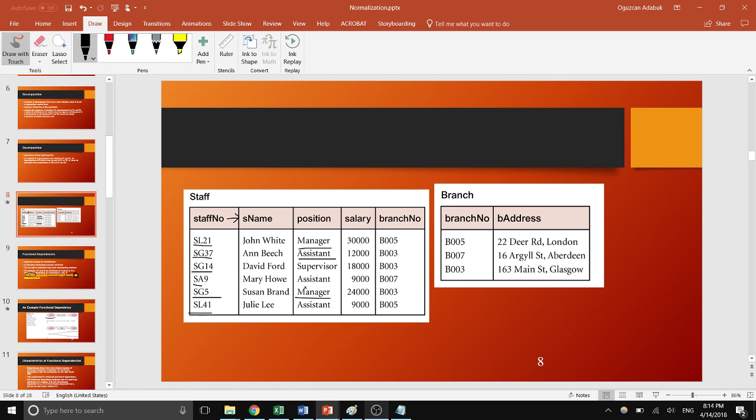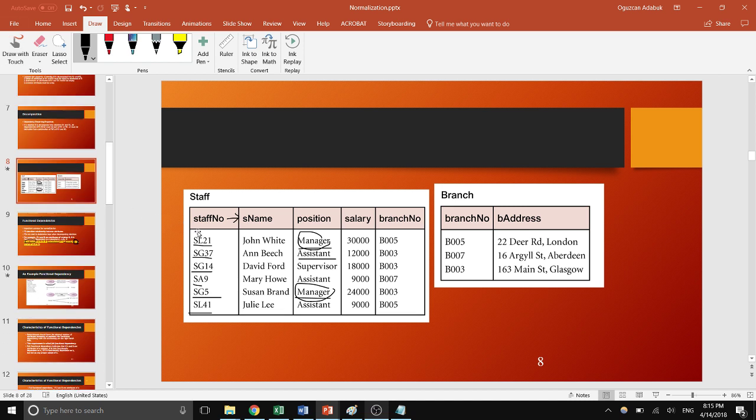Now, position functionally depends on staff number, but the reverse does not work, because for manager you have SL21, and for this manager you have SG5, so it does not fit the description. So the reverse does not hold. Okay,